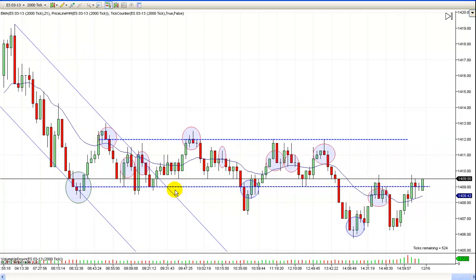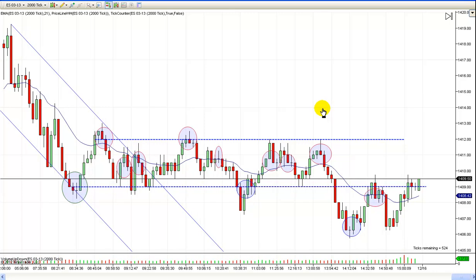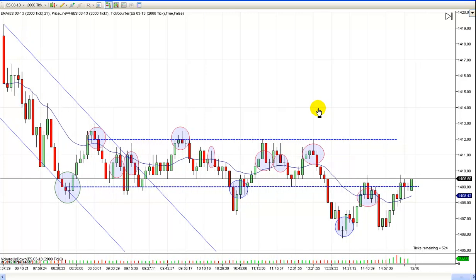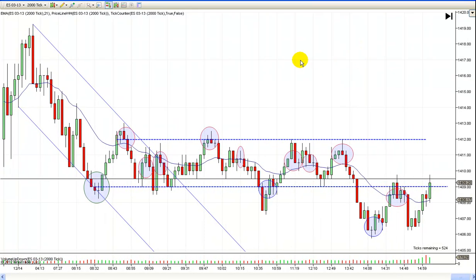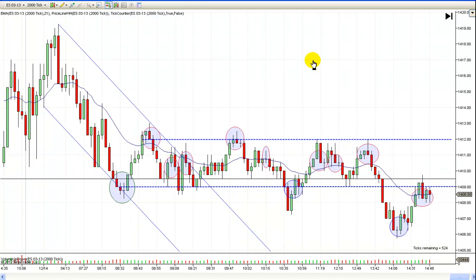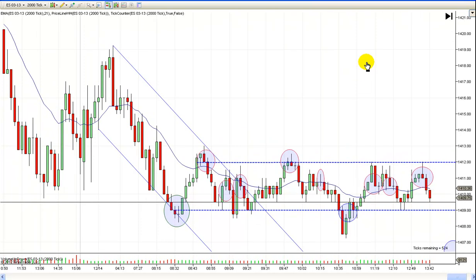And that was pretty much it. So there were a couple other longs in there if you wanted to take them. I didn't like them the way they set up, so I didn't mark them. They were a little more risky, I thought, but they still met the rules and probably should have been put in green, I guess. But there's plenty of other really good entries here to make money on without having to take all of them. And what you've got to remember is we traded down into this, so